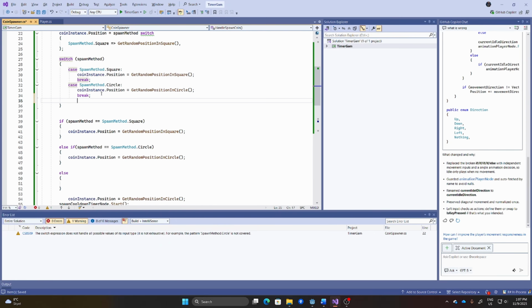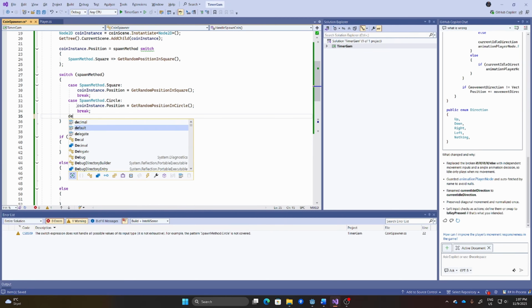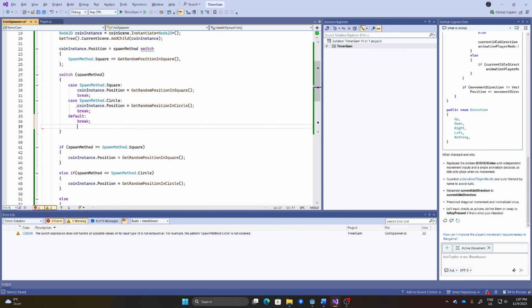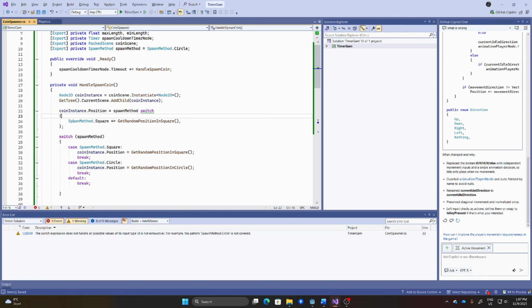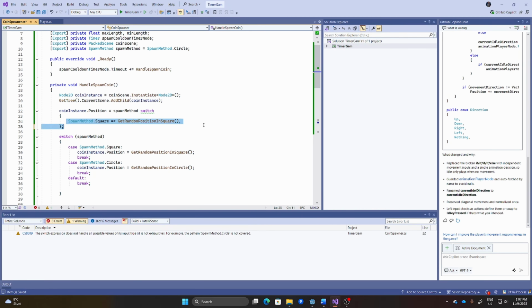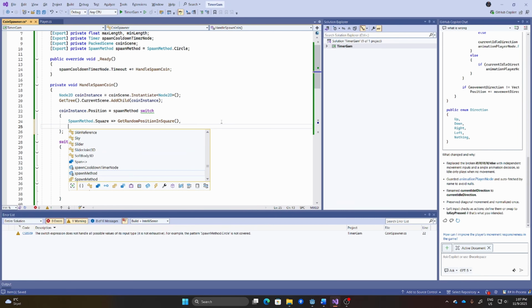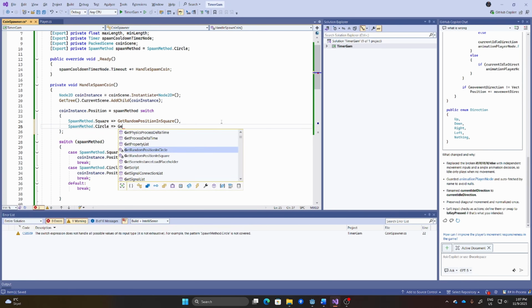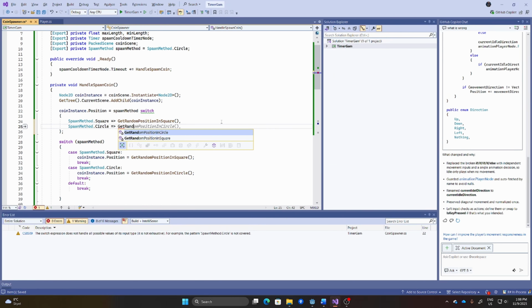And now I can do like an else statement, for example, just in a switch like this one. Then you can just say default, break, like that. So instead of doing this one, we can just do this with some other syntax. And here you just have to put a semicolon and do this like this. Spawn method dot circle is equal greater than get random position in circle, like that.